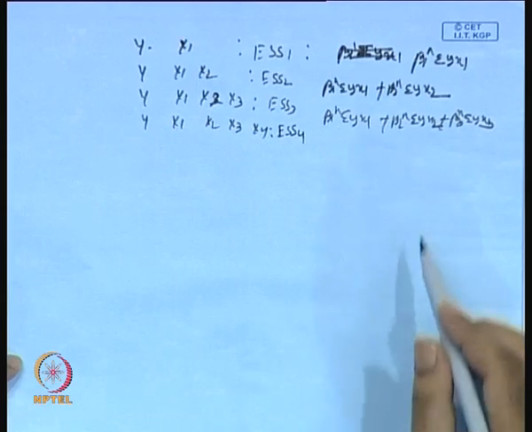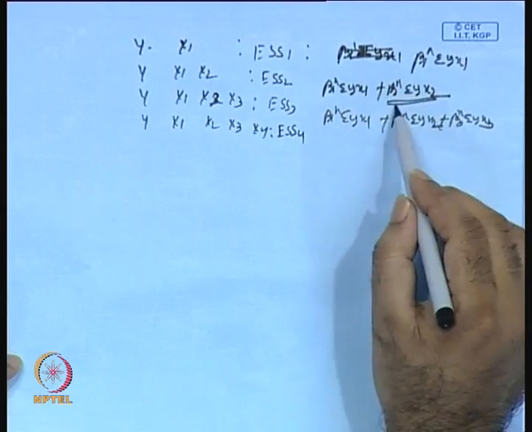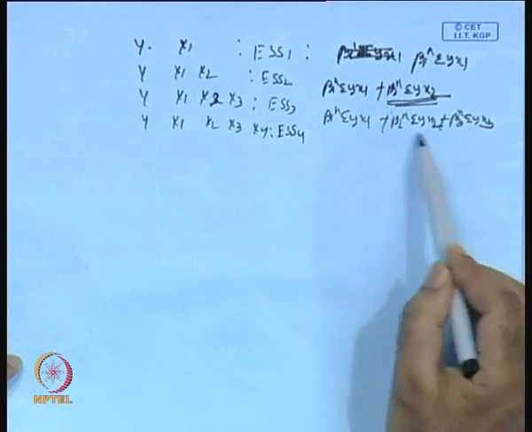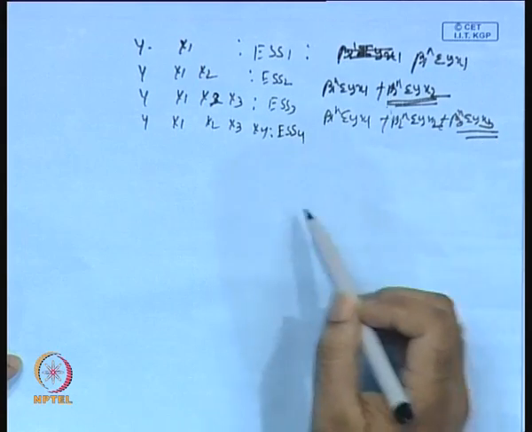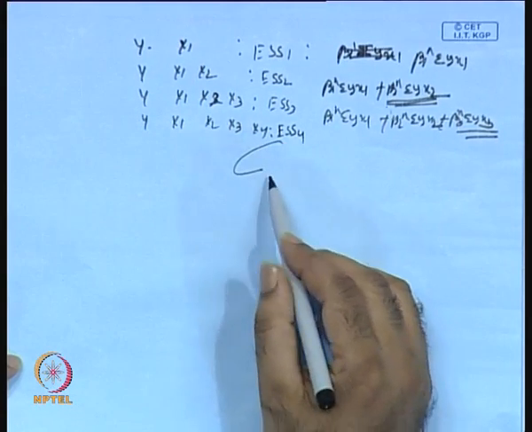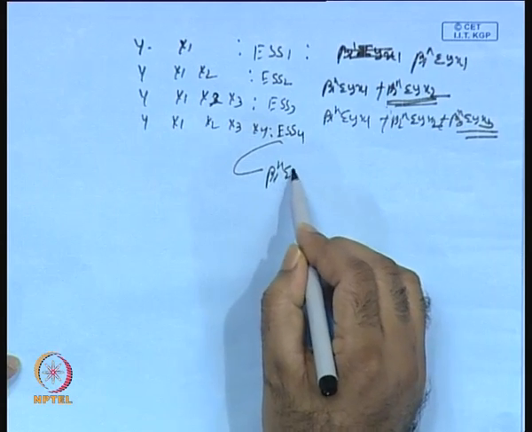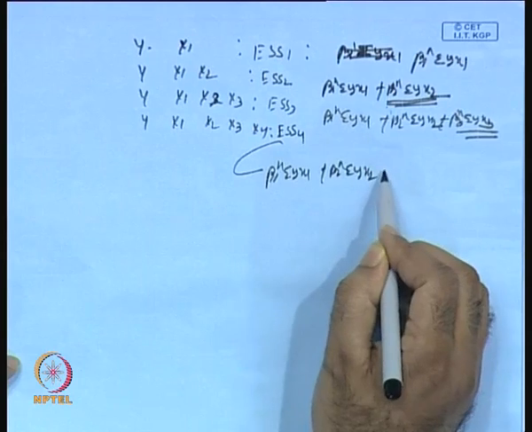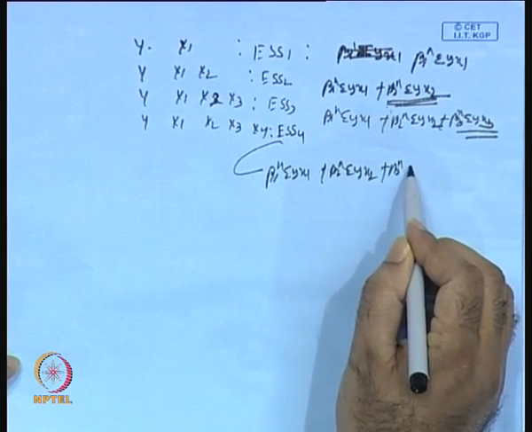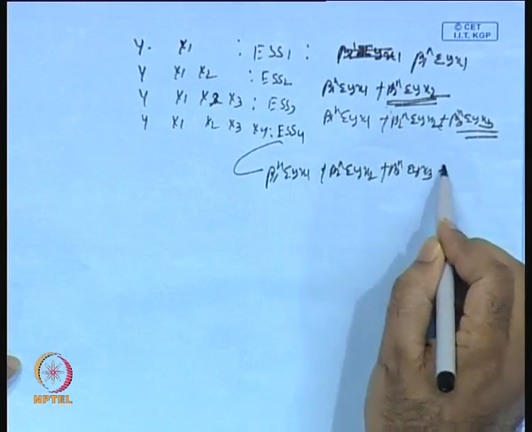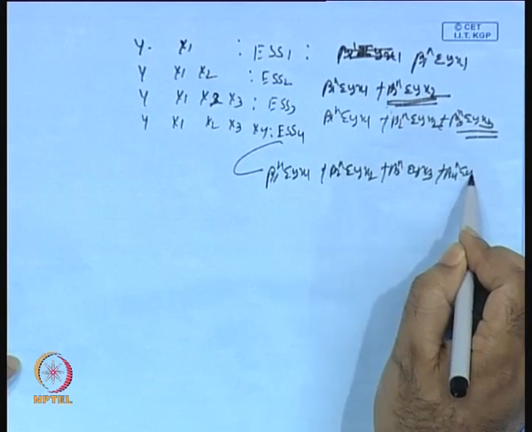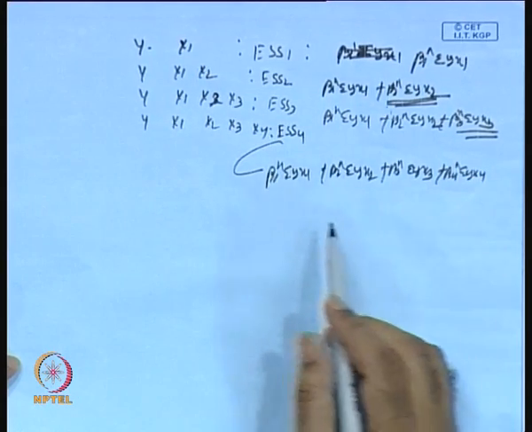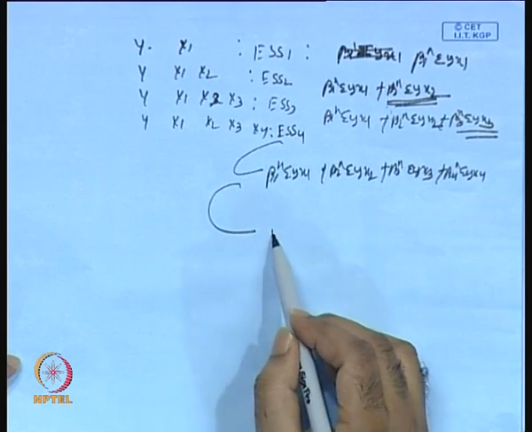So, that means you see here every time there is an involvement of something extra. Similarly, in the case of ESS 4 it will be beta 1 hat summation y x1 plus beta 2 hat summation y x2 plus beta 3 hat summation y x3 plus beta 4 hat summation y x4. So, like this. Now, in generalized form, ESS equals